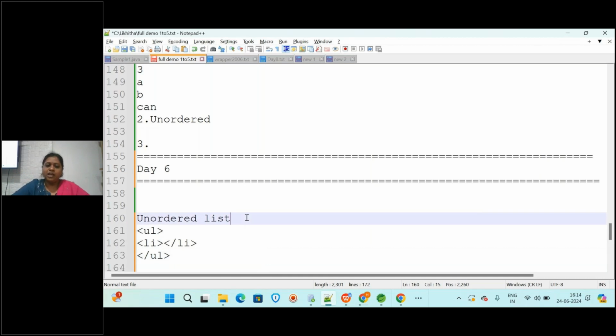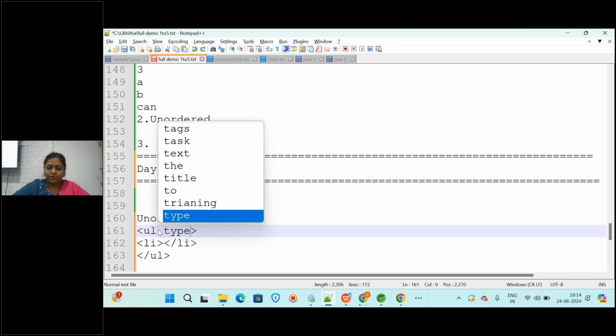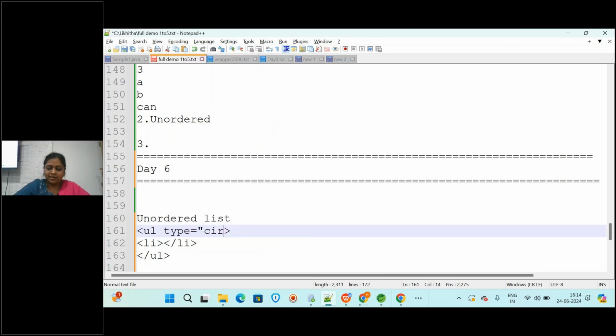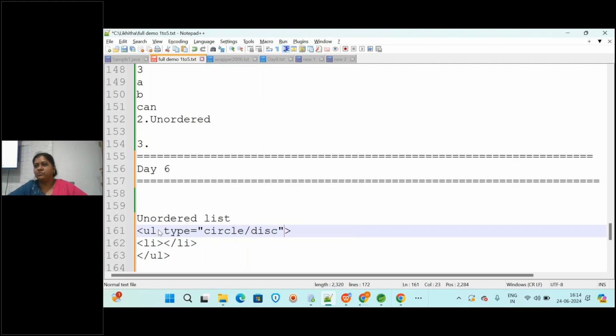And here can we specify the type attribute? So here you will be specifying the type attribute. You can give here like circle or dot or something like this. Like this you will be providing different attributes. Okay, so these are the attribute values for the unordered list. So now I'll write one example on this. See,